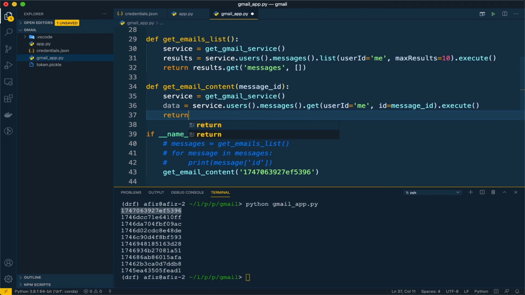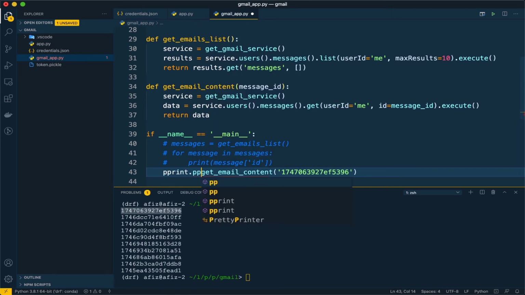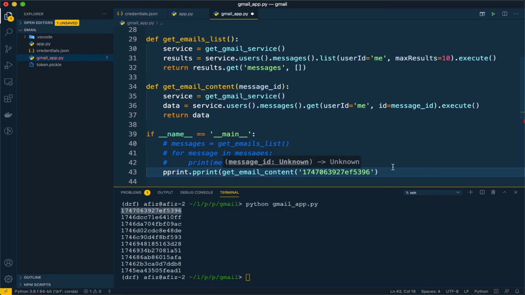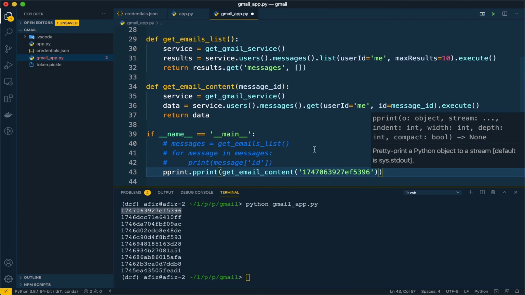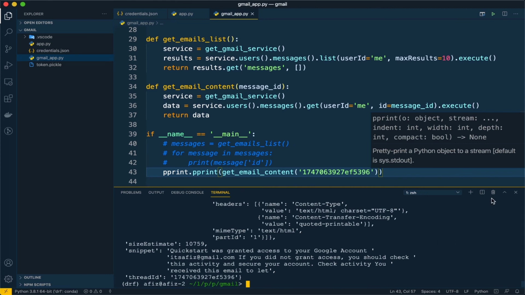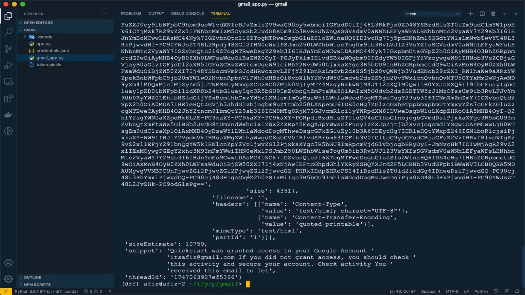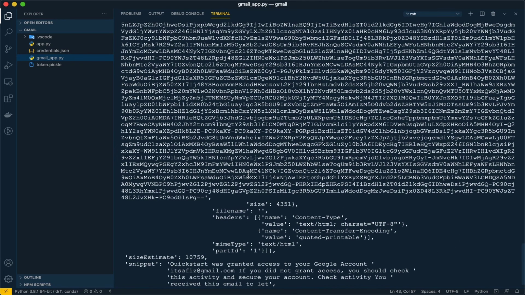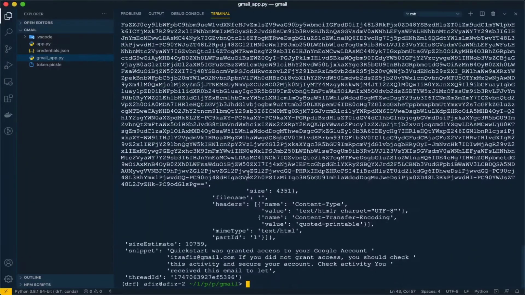It will return the data here. Let's return that data, and finally if you want to pprint that, let's do that. Let's run this program. Cool, see, we have got the content of the email, but we won't be able to read it because it is in a secured format.